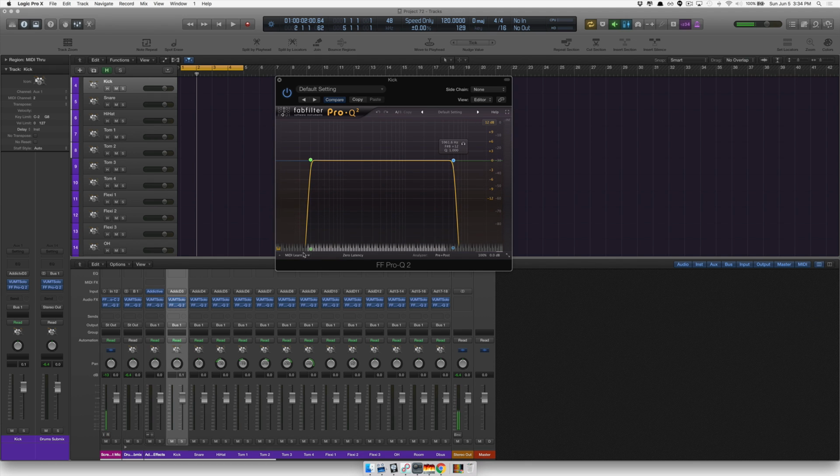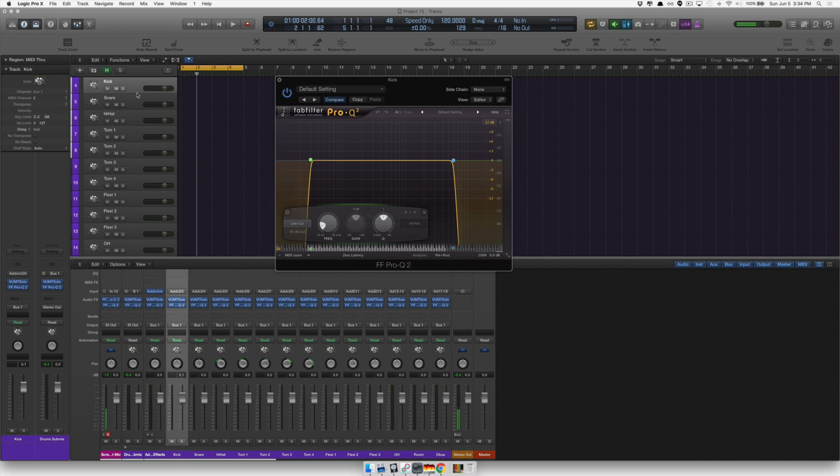and they're at pretty steep slopes. This is at a 96 dB per octave slope on a low cut filter. So essentially what it's saying is I've cut away all the frequencies all the way up to 30 hertz, and this is the kick drum. So let's go ahead and just listen to the full